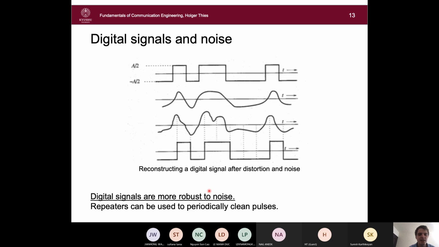In the end we will be able to reconstruct the signal well. This can of course not be done for analog systems, because in analog systems the values can be anything. So even after a short distance, we cannot reconstruct the signal perfectly, and we'll always have some error. If we send an analog signal over a very long distance and there's lots of interference and so on, then it will be very difficult to reconstruct the signal perfectly.